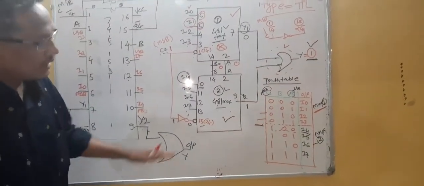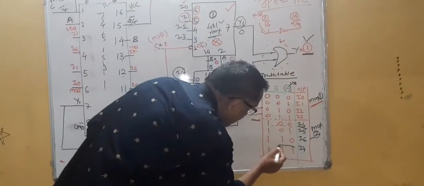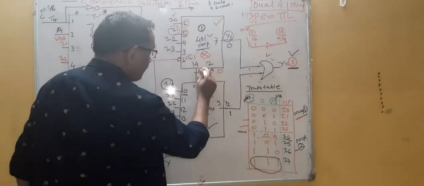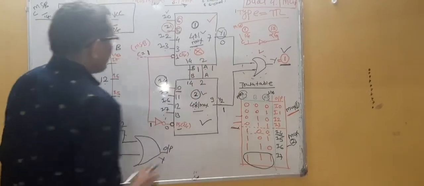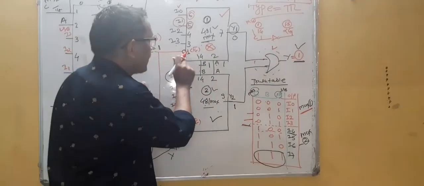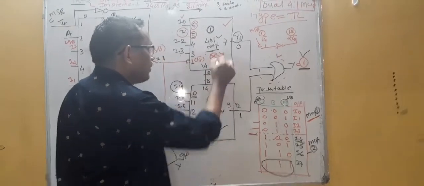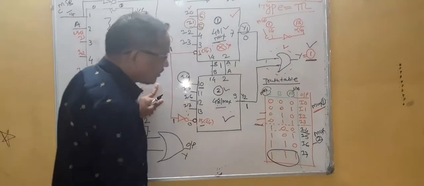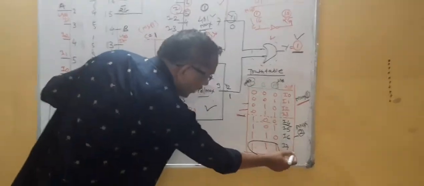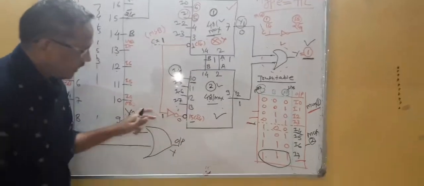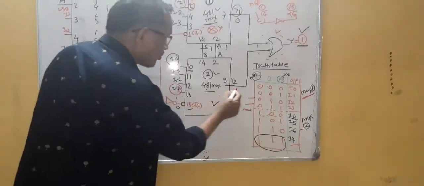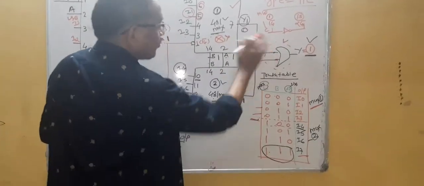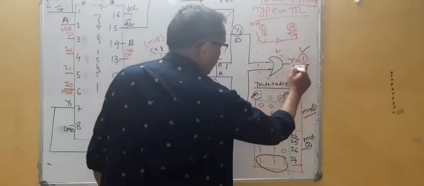Now if you consider the last condition, that means when CBA is equal to 1, 1, 1. Look here, this is 1, this is 1, and this is 1. As C is equal to 1, this is active low and you are applying active high, so this multiplexer doesn't work. Again this is 1, so this becomes 1, and that's why it becomes 0. The lower multiplexer will be activated. This is 1, 1, 1, that's why I7, and I7 means pin number 13. This shows output 1, while the other doesn't work, so this shows 1, 0. So 1, 0 plus 1, as per the property of your OR gate, we get the output 1.